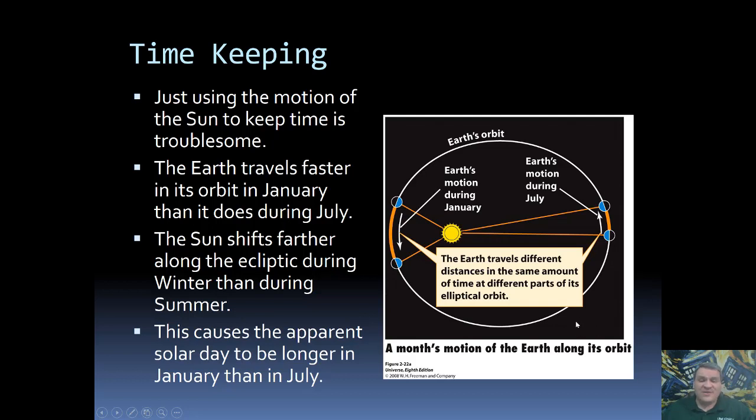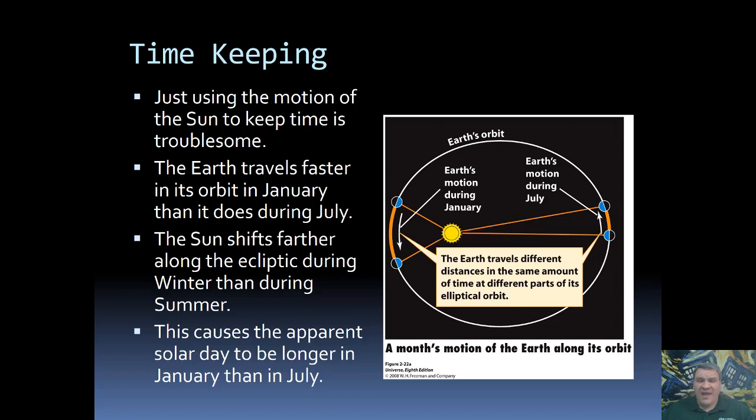Something kind of interesting: the Earth is actually at its closest to the sun in January and farthest from the sun in July. So if you ever thought the seasons happen because of the distance of the Earth, that's absolutely not right. Remember, we're in the northern hemisphere, and we have winter in January, and yet we're closest to the sun during that time. It's all about the tilt of the Earth's axis that causes seasons.